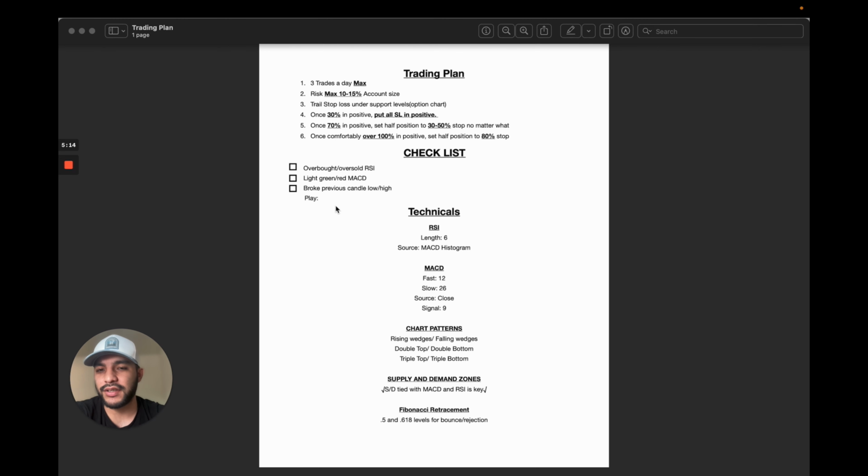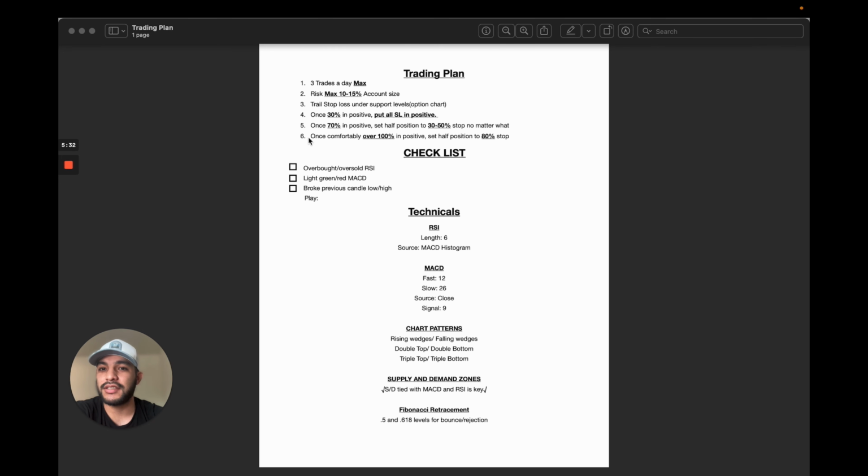I can write it in if I print this out, which I used to, but now I just kind of have it in my memory. But if you're just starting out, by all means, print this out, write the play in, check mark, check mark, check mark. If it doesn't hit the 3 check marks, don't get in the play. But if it hits 3 check marks, boom, boom, boom, we're looking good, all green lights, get in the play,